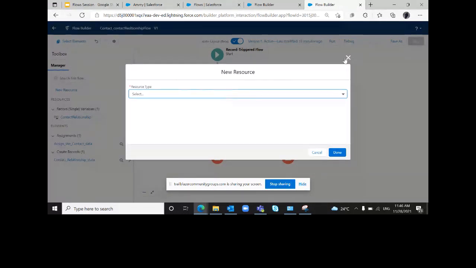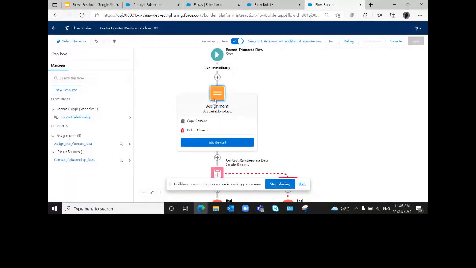There are multiple types again. If I want to assign all this data to another object as well, in that case I have to create this data again and again and assign that in the create record or maybe update record, right?